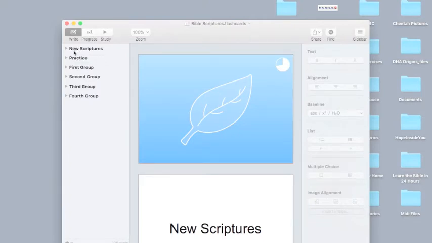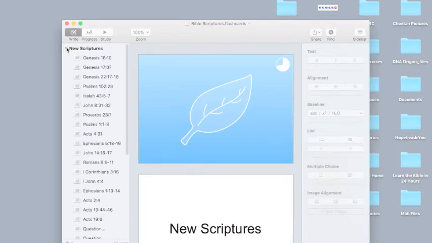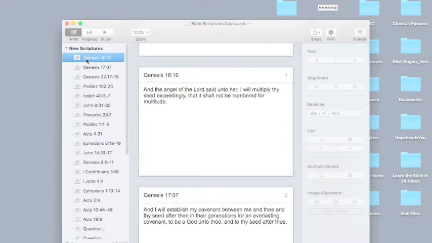I call these folders, but the proper term is topics. And how you know is you click this plus here and you create a new topic. And inside topics, I usually have my cards, which consist of scriptures, Bible verses. So just so you can see how it is, I'm going to click on new scriptures,